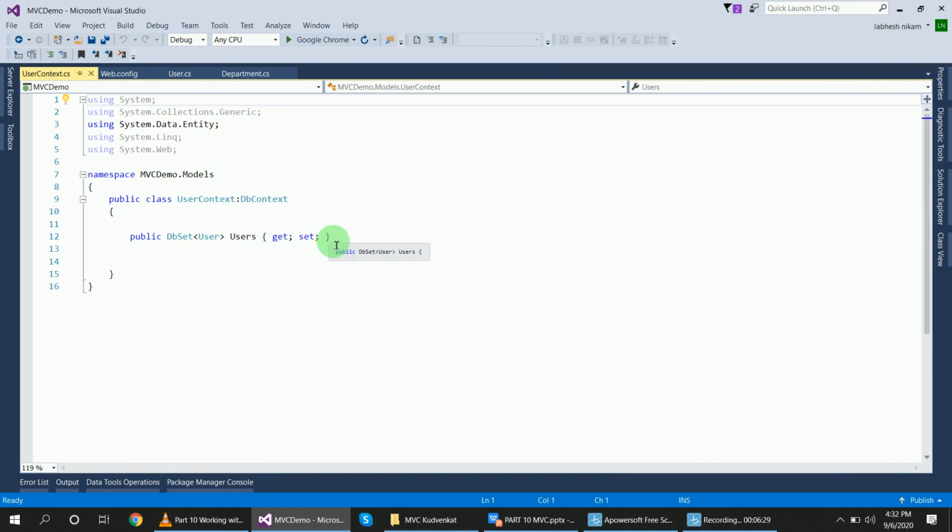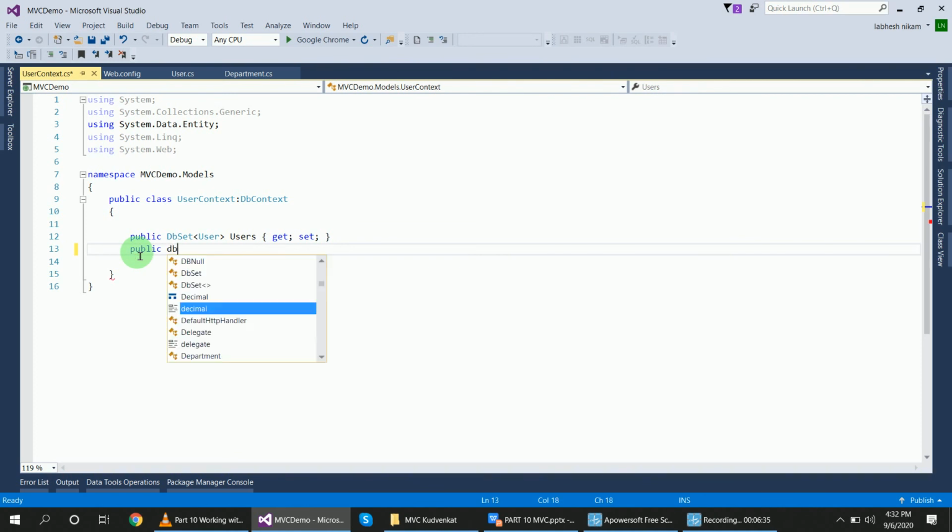Now I am using another table, department, so I will add here a public DbSet Department, and here Departments, you will include the s, right? Departments get and set.